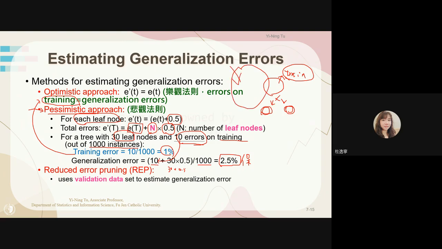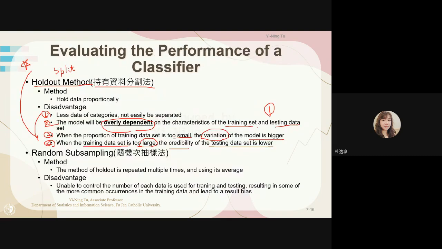The training error is the optimistic one, and the pessimistic one adds the leaves times 0.5 for the error estimate. 所以这个方法不够好，我们就要用 REP。REP 就是把测试资料集考虑进去。可是 it also has disadvantages, 就是我刚刚讲的，第一个，少数类别资料不容易被分出来；第二个，会过度依赖你的 training data set 跟 testing data set 的特质。如果训练资料集太大，然后测试资料集太小，测试资料集的可信度又有问题。